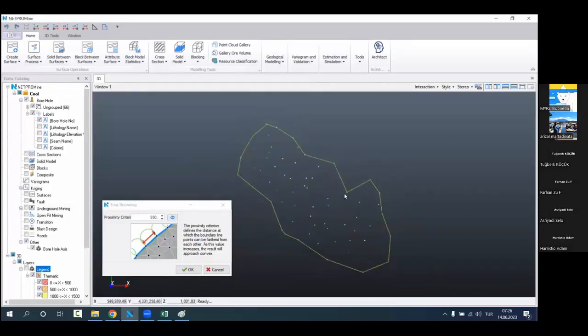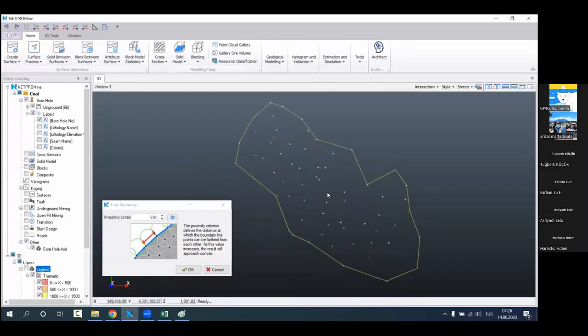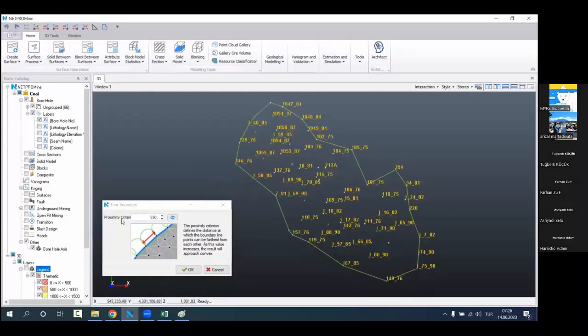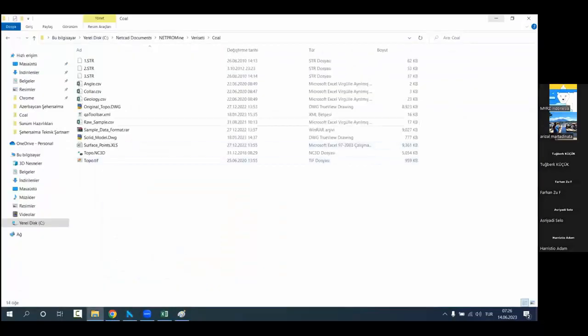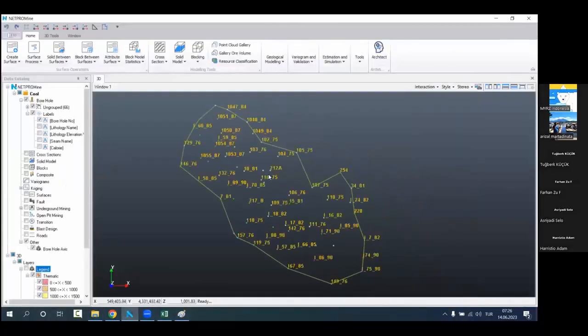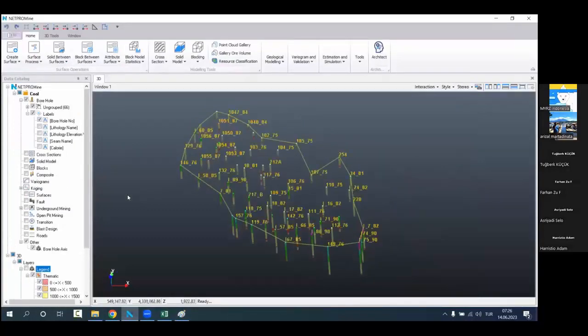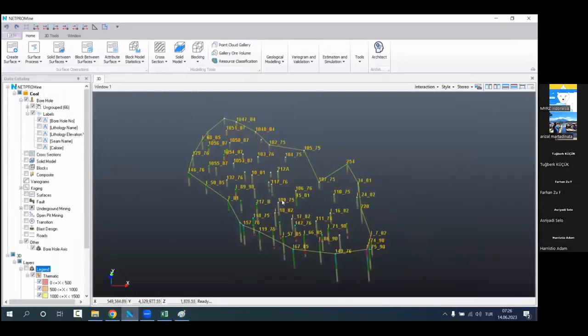All right. So this could be the boundary that I would like to use. You can change the proximity criteria. You can adjust the boundary. You might say that in this region, I'm going to work. It is totally fine and acceptable. So let's say we do have that kind of a boundary, and also